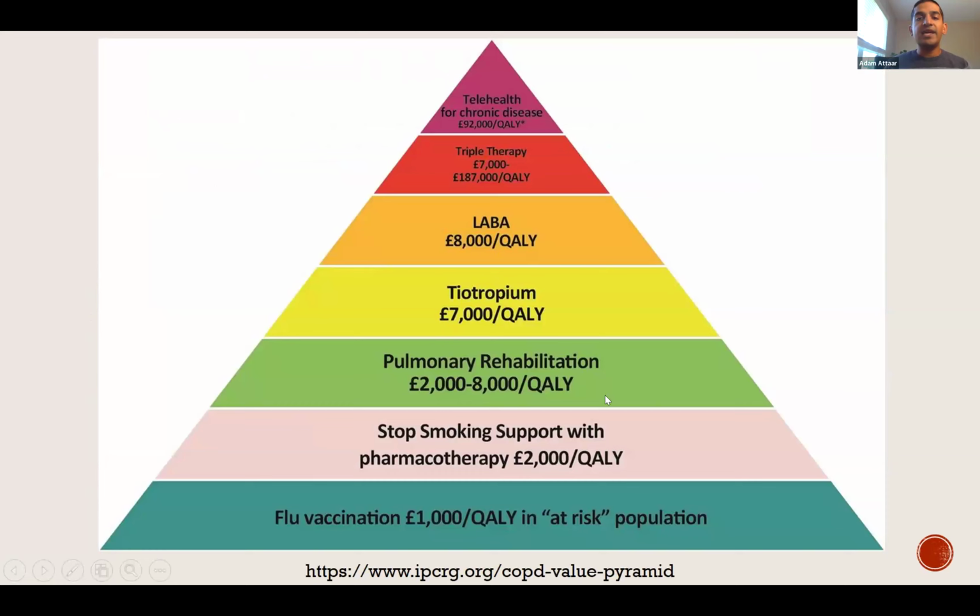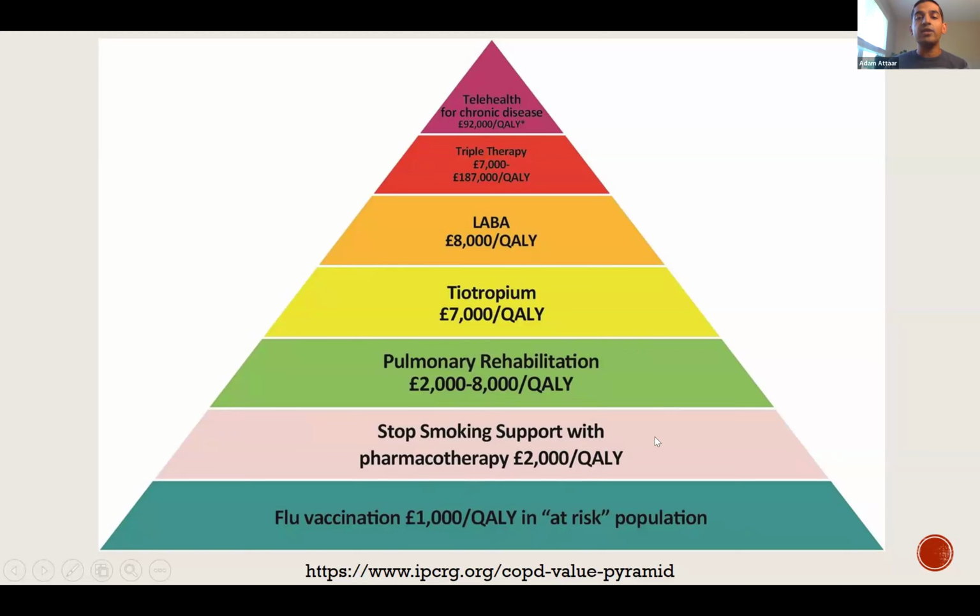This is a nice figure I found. It's called the COPD value pyramid. It's used in the UK for education on COPD. And what it emphasizes, we didn't get much into some of the other non-pharmacologic treatments for COPD, but they're so important. And what you see on this pyramid is at the bottom, those interventions that are most cost-effective and improve quality of life years are things like vaccination, flu vaccine, pneumonia vaccine, COVID vaccine, programs to help patients